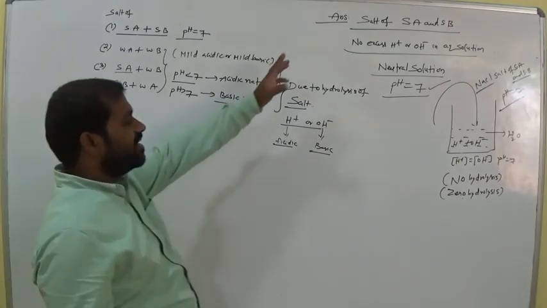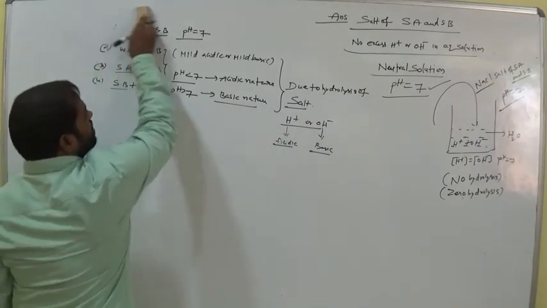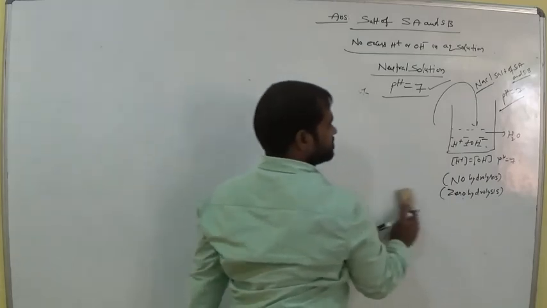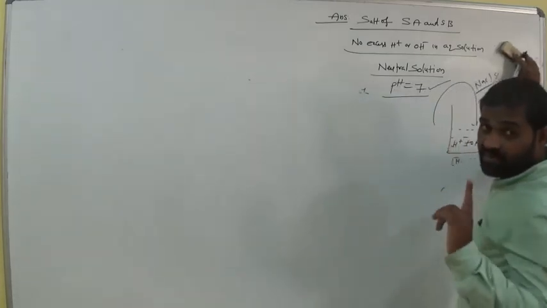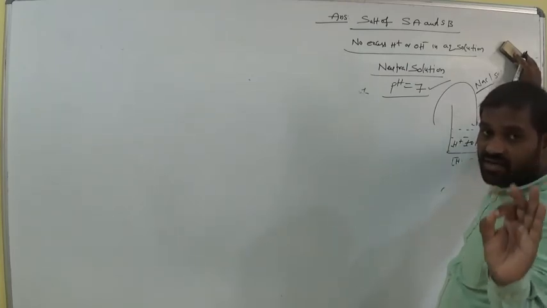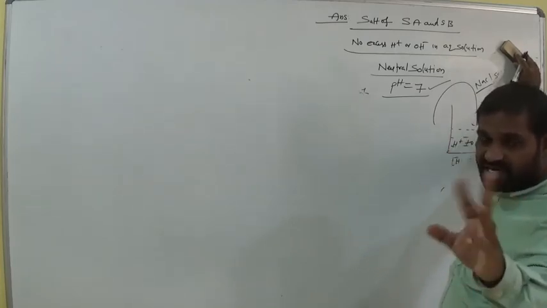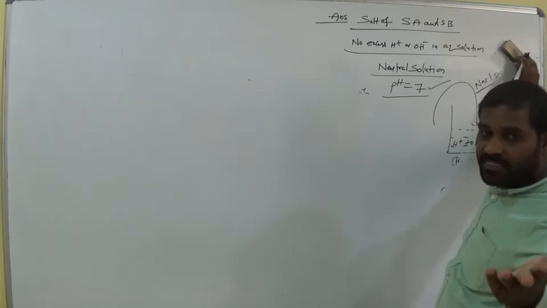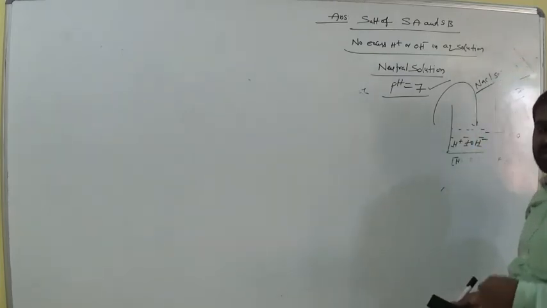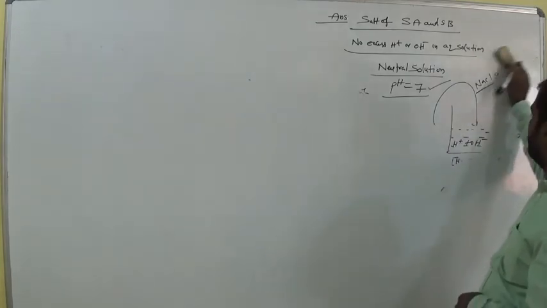So let's see the pH of the salt of a strong acid and strong base. Why is pH equal to 7? I will explain. Now you are clear about this one. Salt is sodium chloride, its pH is 7. When we keep it in water, it doesn't change its pH value or its taste. Is there any change in the salt taste? Even when we add it to water, no change. That means the pH value is 7, which means no hydrolysis. This is a general explanation.